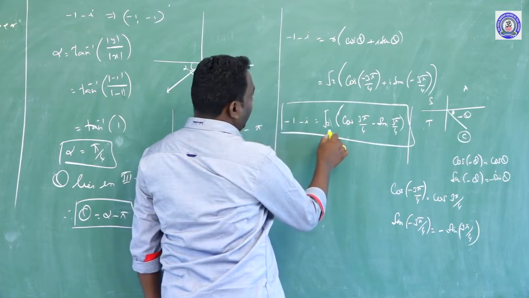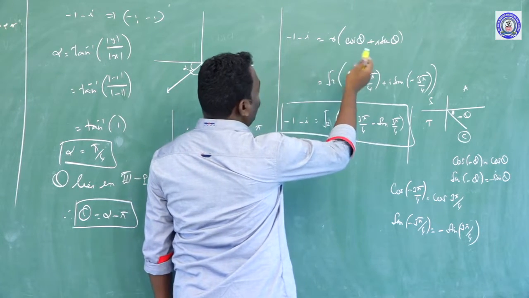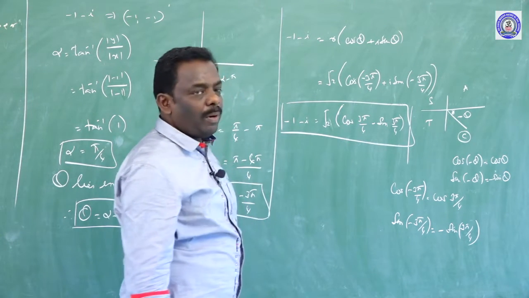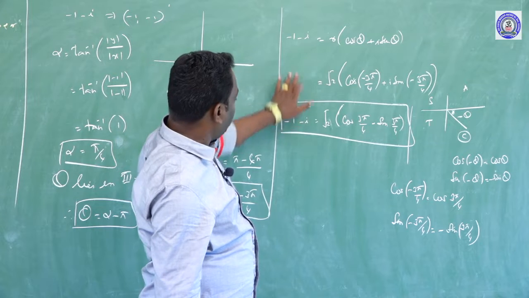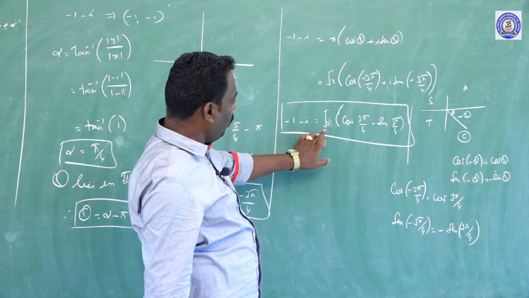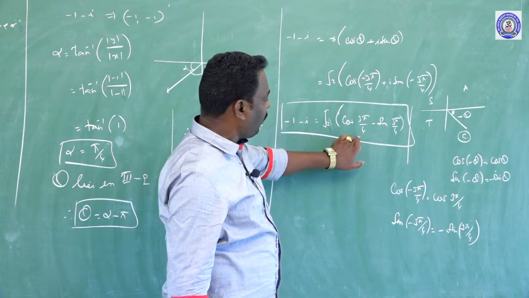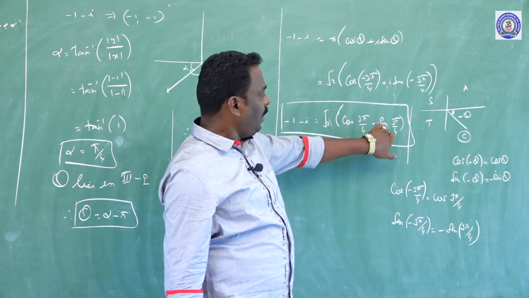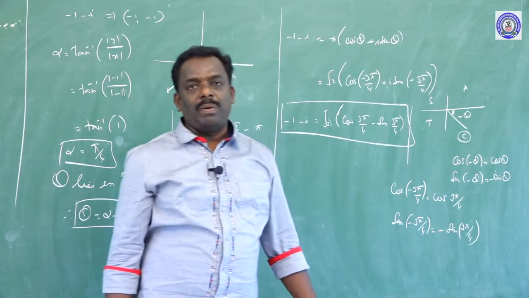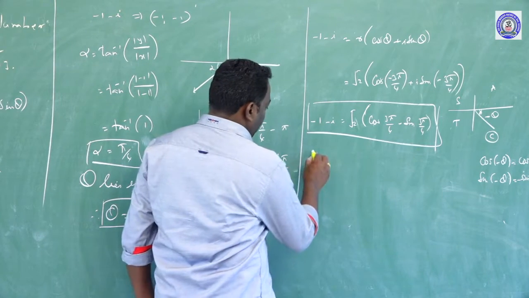The polar form is r into cos theta plus i sin theta. The polar form of the complex number minus 1 minus i is root 2 into cos 3 pi by 4 minus i sin 3 pi by 4. This is called the polar form of the complex number. In general,